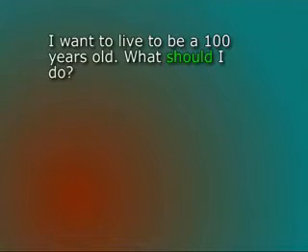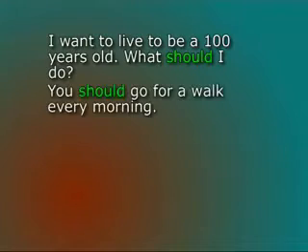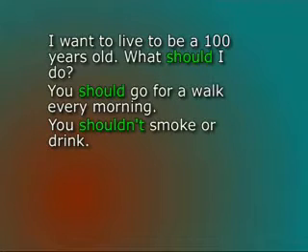Now let's see how to use should and shouldn't. I want to live to be 100 years old. What should I do? My doctor might say, you should go for a walk every morning. You shouldn't smoke or drink.